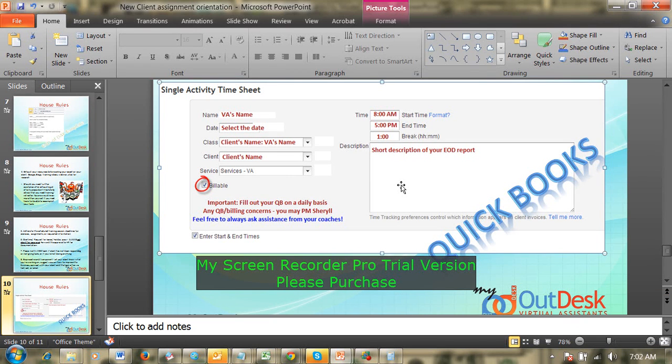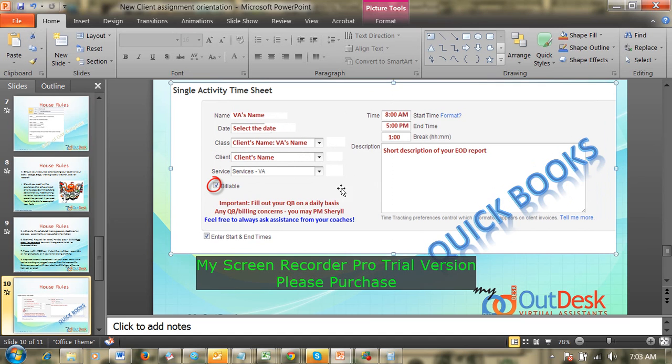Then of course the 15th and 30th of the month will be our payroll. So the name should be your name, the date, class, client's name, then your name, then client's name, services, VA. Make sure that the billable box is ticked. Here, fill out your QB on a daily basis.